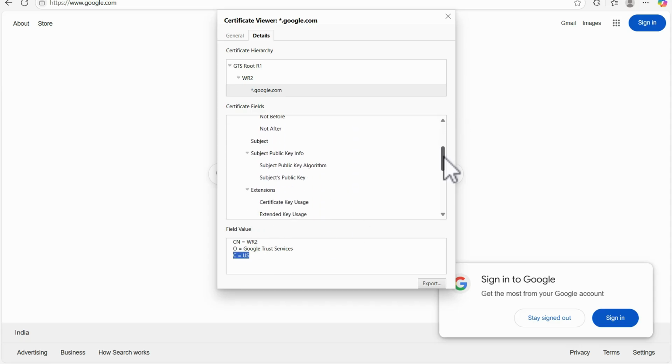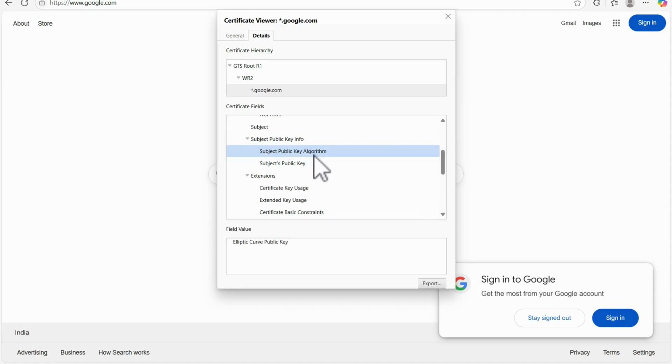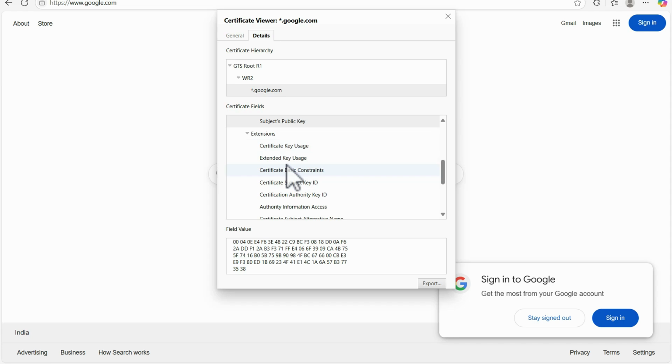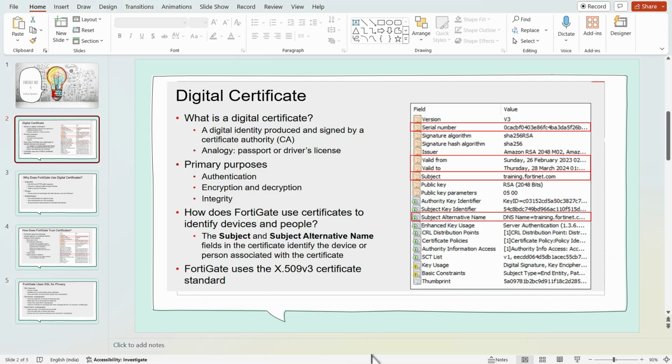If we scroll down further, we get other details like validity, not before and not after, which relate to expiration, and the subject public key algorithm. Google is using a very latest public key algorithm, and there is the subject value and other information like the certificate key and public key.